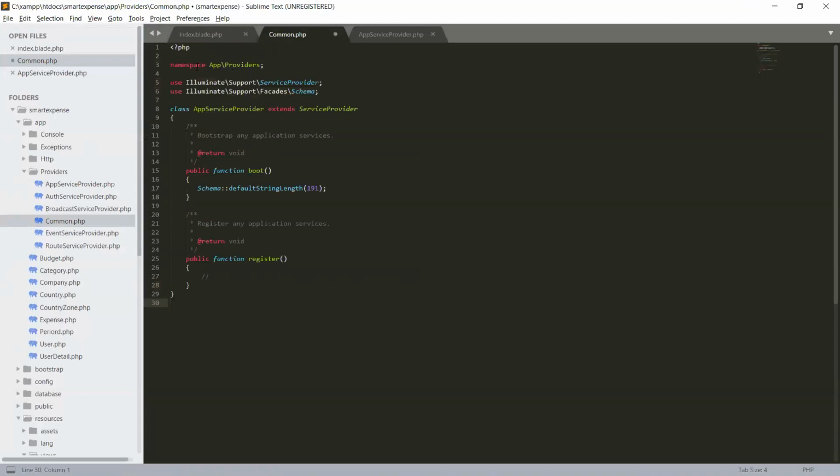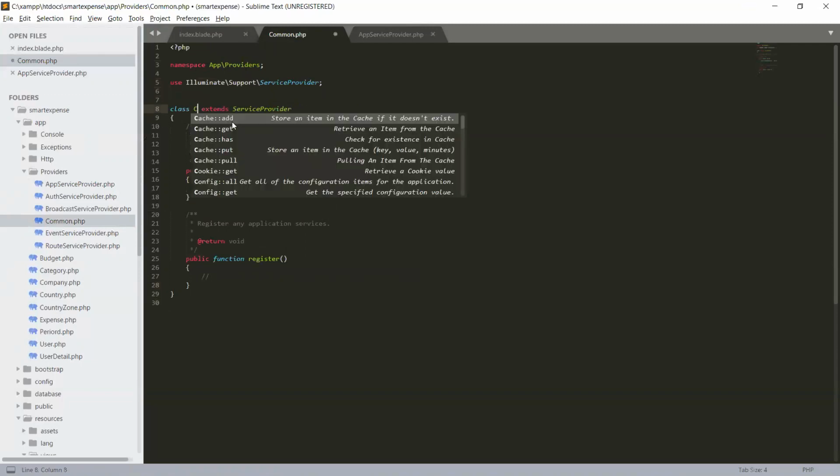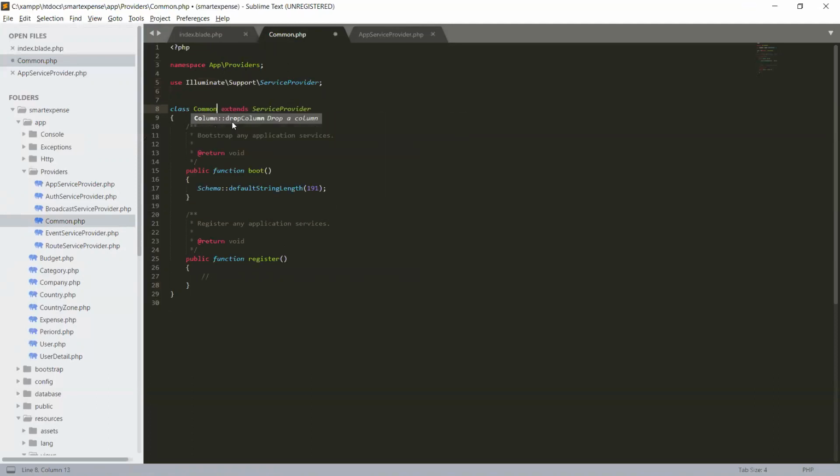Okay, so the namespace is App\Providers, and use Illuminate Support ServiceProvider. Use Illuminate Support Schema. Maybe we will not require Schema. Okay, remove it. So the class will be Common, and we will extend the ServiceProvider. Okay, so public function boot, and it will be empty.